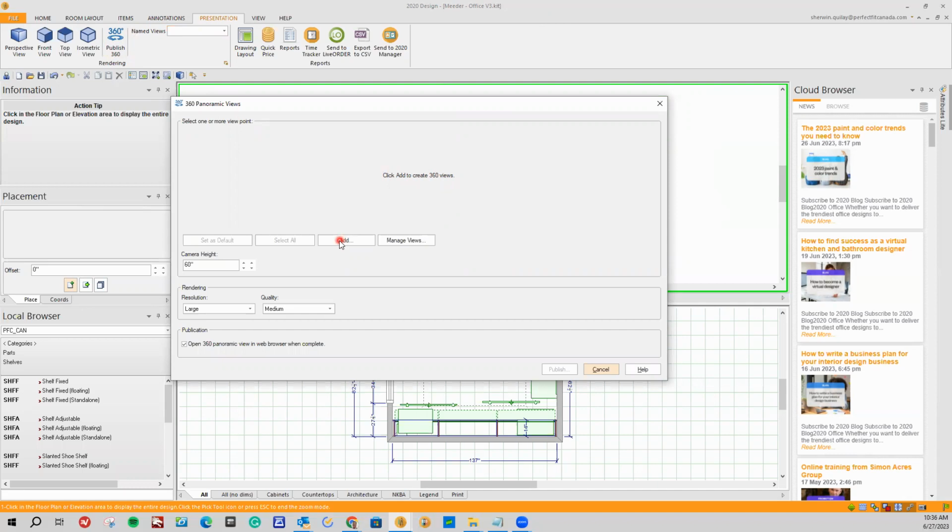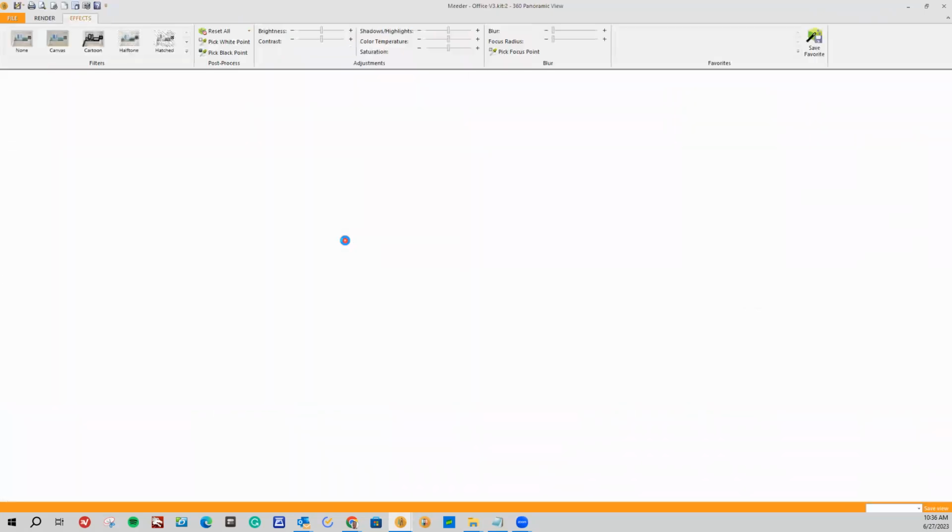So the very first thing that we want to do is create a view or position of where the camera is going to be located. So that's the first step. So we're going to click on Add. That opens up the 360 panoramic view render screen. We can see that this is not the basic render. This is the 360 panoramic view render. It won't work when you're actually in perspective view. You must click on the 360 publish screen. Once I have that open,